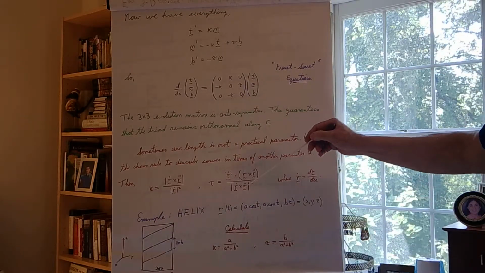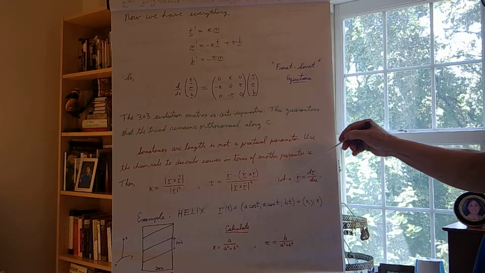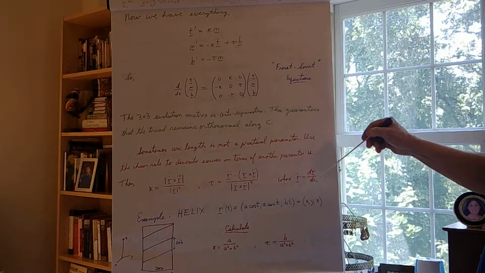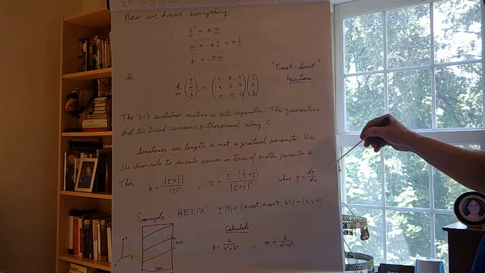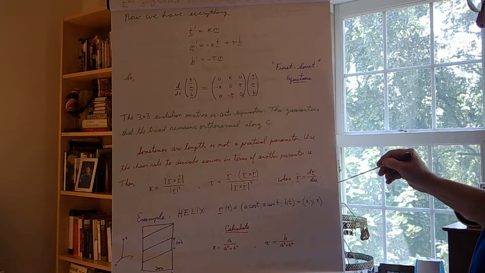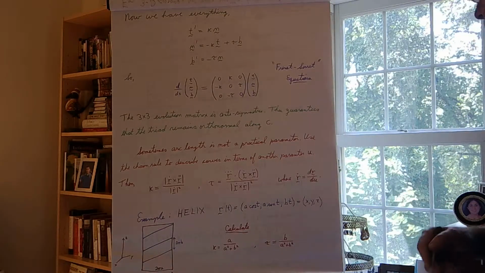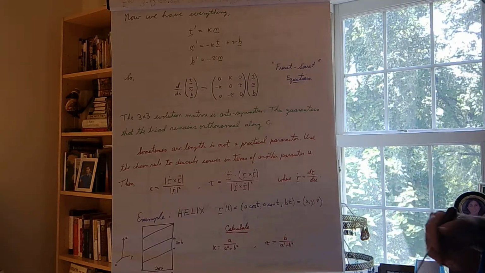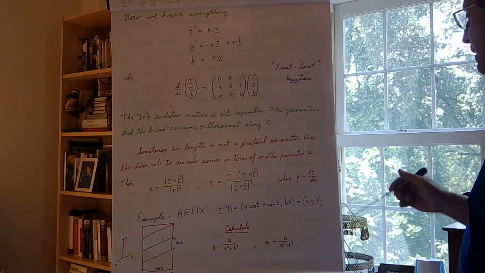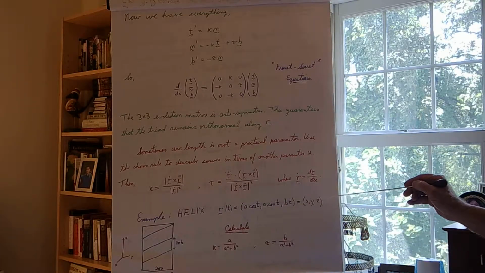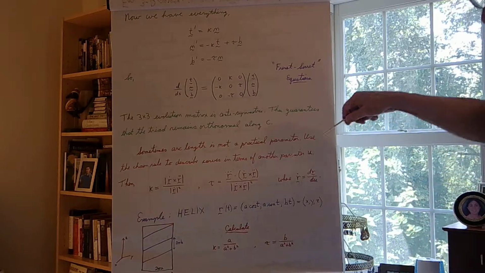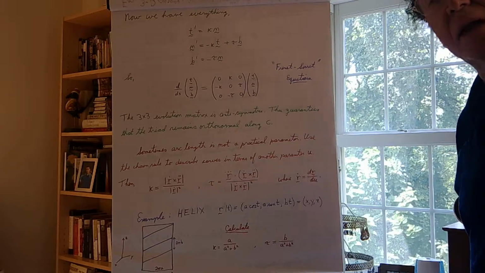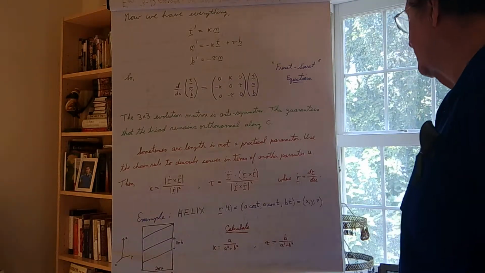And here it's written down, r of t is equal to, okay, in the XY plane, just ordinary circular motion with a radius a, and in the z direction, just linear dependence upon my parameter. I'm calling it t here because it's like time. Okay, and it's linear in that direction. That's the conventional helix, and that's the parameterization in the x, y, z coordinates. Okay, now it's an easy exercise just to differentiate these with respect to t. You're not differentiating anything worse than a sine, cosine, or linear, so